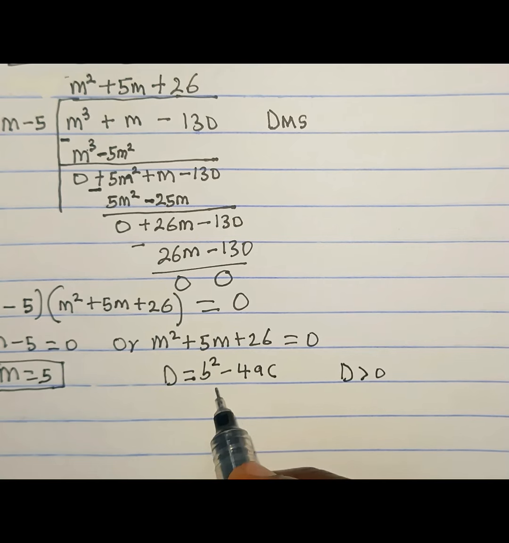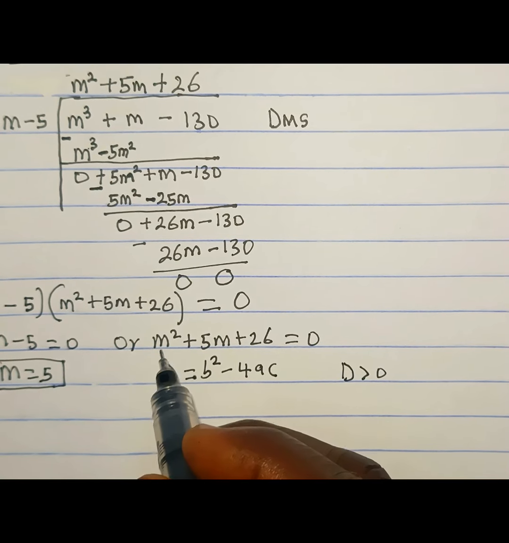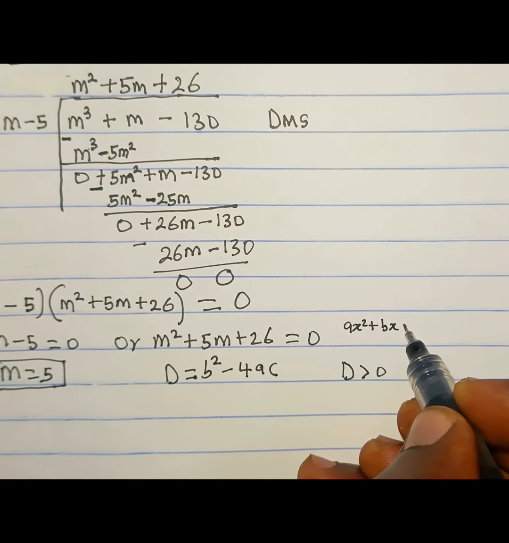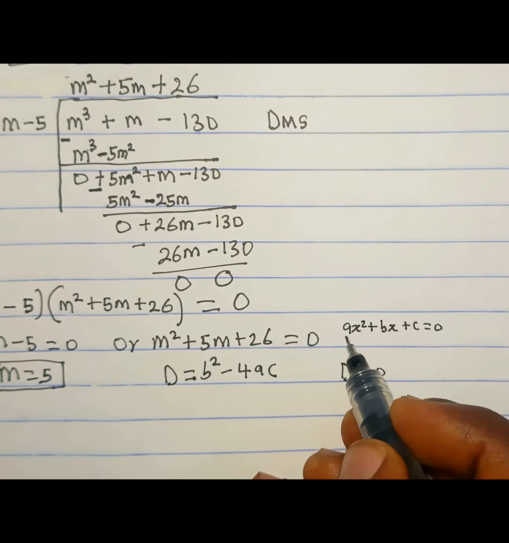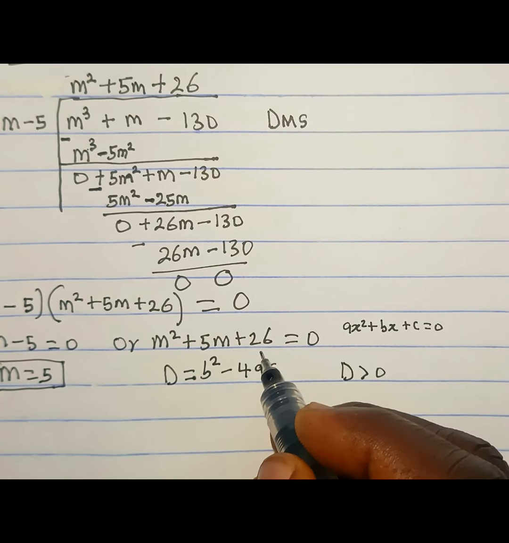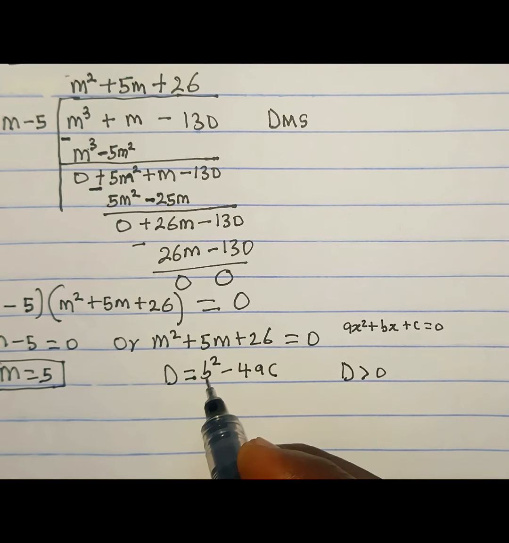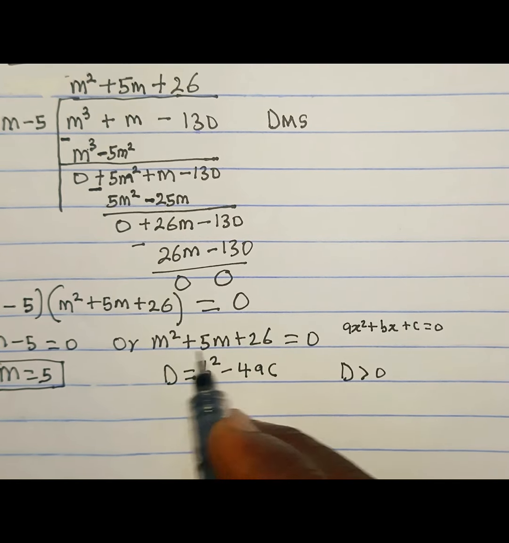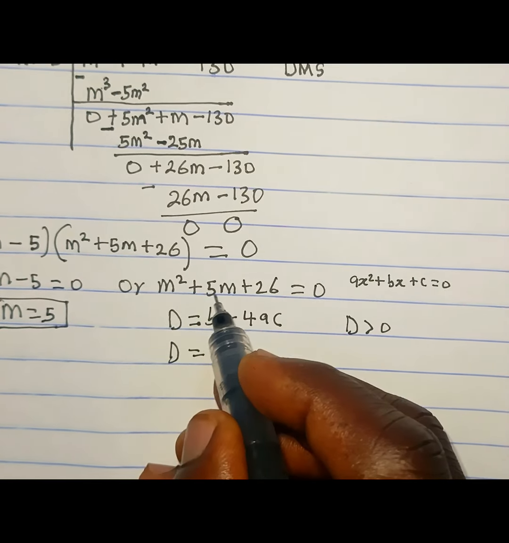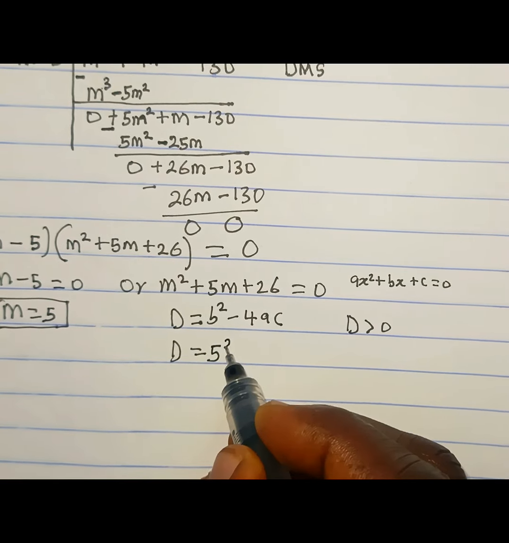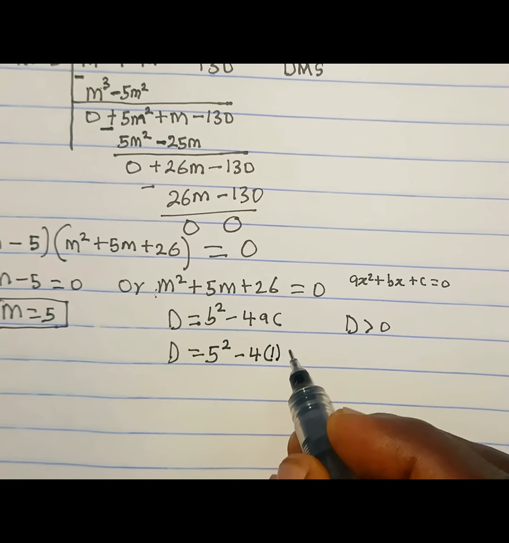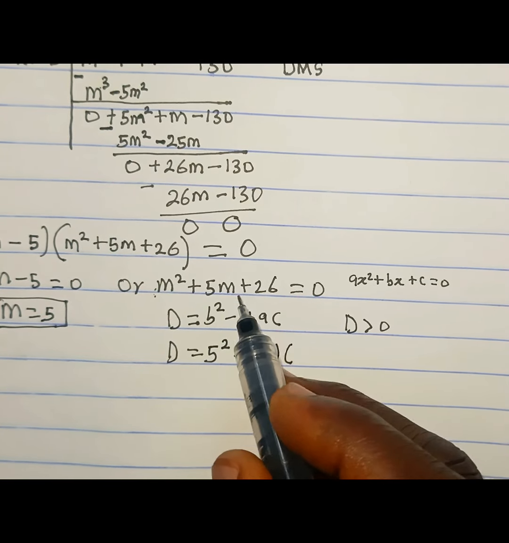Now let's quickly solve for the value of D. And remember, in a quadratic equation, we have ax squared plus bx plus c equal to 0, where a is the coefficient of the first term, b is the coefficient of the middle term, and c is the constant. So with the help of this formula, we can easily get the values of a, b, and c. D now will be equal to b squared, the coefficient of the middle term squared, which is 5 squared, minus 4 into a. A is the coefficient of the first term, which is 1, then multiplied by c,